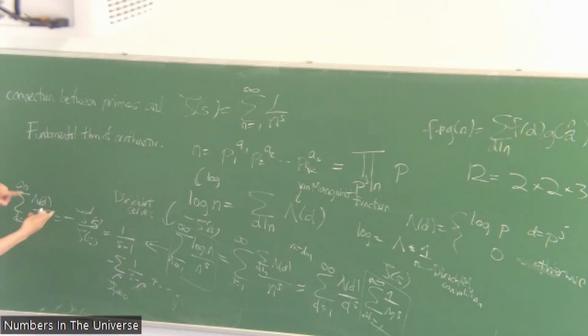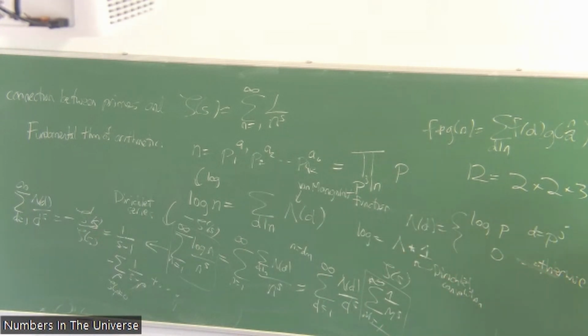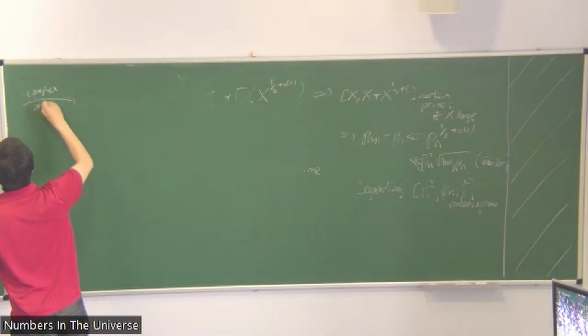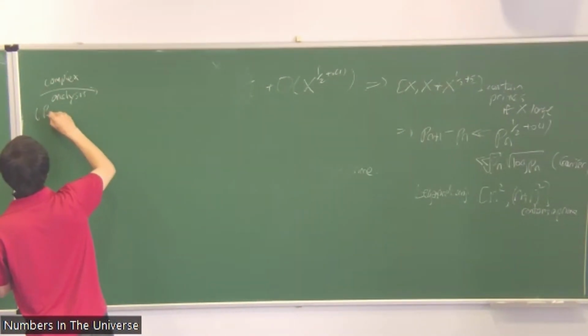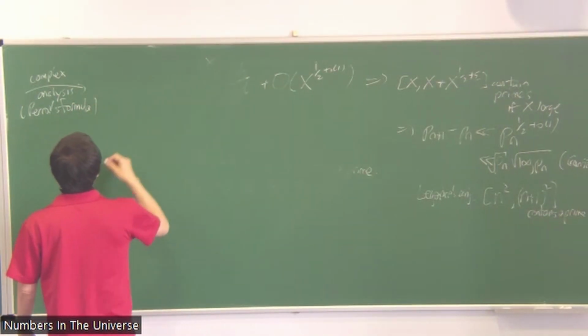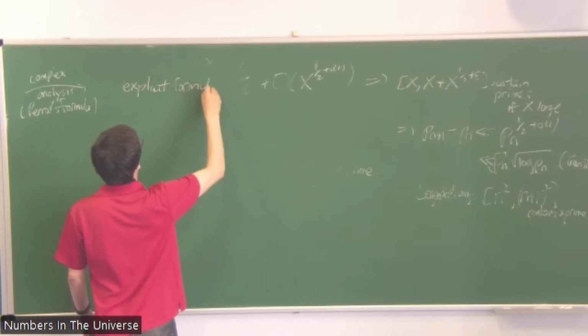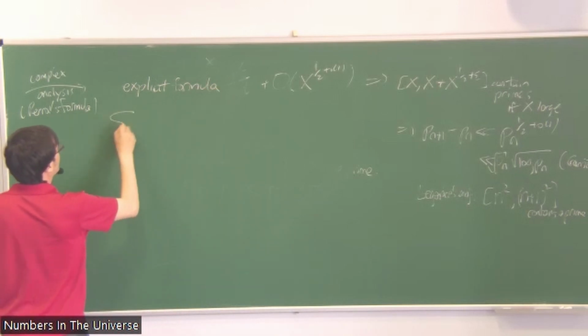And then it turns out that you can invert this formula and try to solve for the Von Mangoldt function, and the traditional way to do this is by a residue theorem calculation involving what's called Perron's formula, which I won't do here. So let me just say that by using contour, complex analysis methods, say Perron's formula, what you get is what's called the explicit formula of Riemann and Von Mangoldt, that if you want to sum